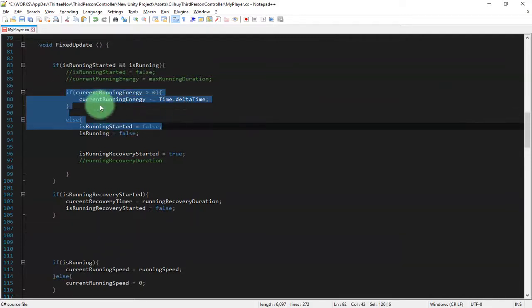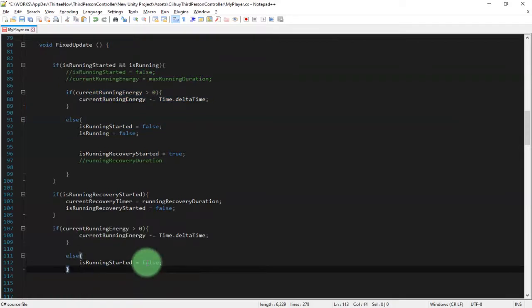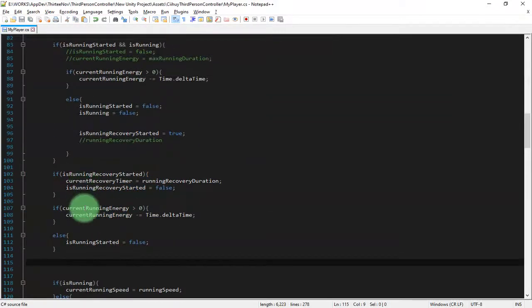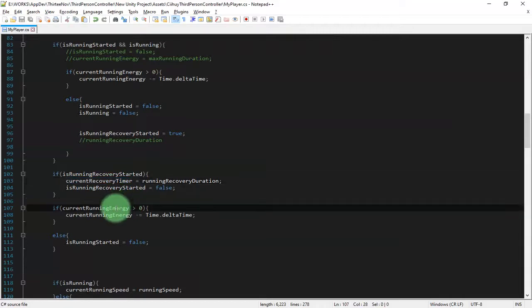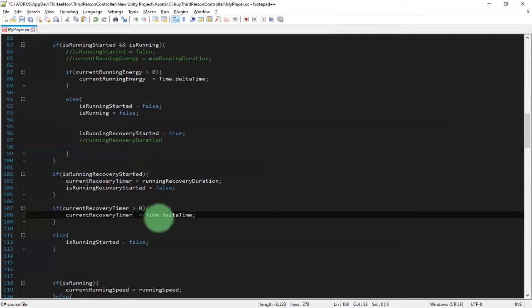Imagine I'm duplicating these lines, I will edit the code now. If currentRecoveryTimer is more than 0, then currentRecoveryTimer should be decreased by Time.deltaTime.